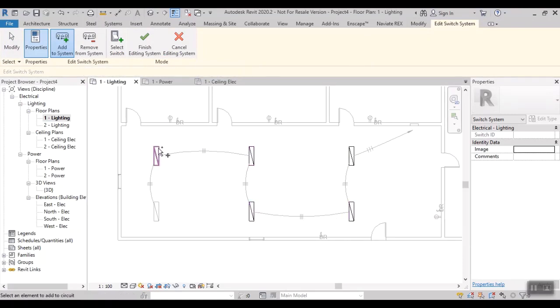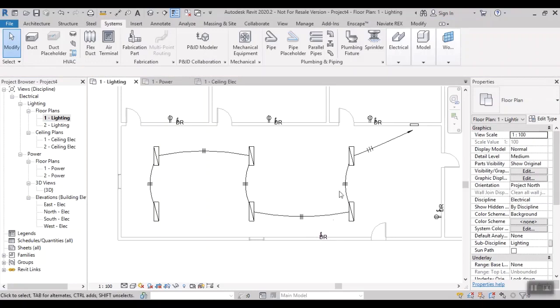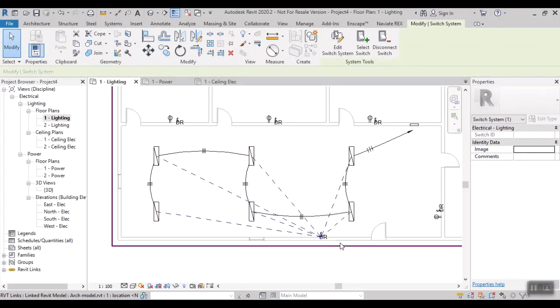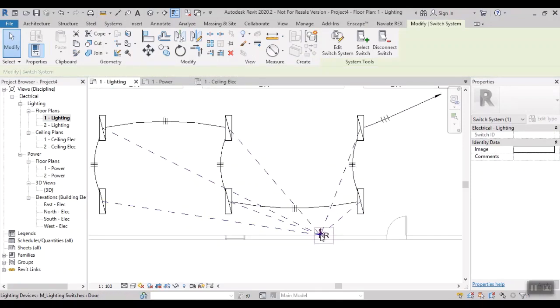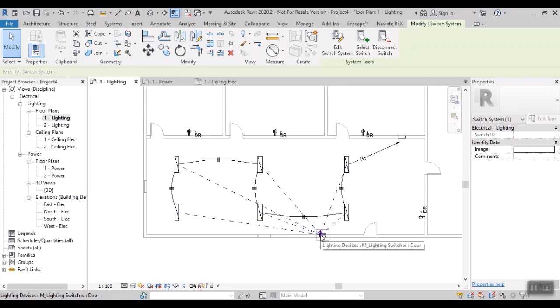Okay, and select the switch. So for these 6 lights I'm providing one switch. So select the switch and give finish. Just hold on the light using the tab option. It's showing the connection. See, for the 6 lights this one switch. Okay, is that clear? Okay, fine.